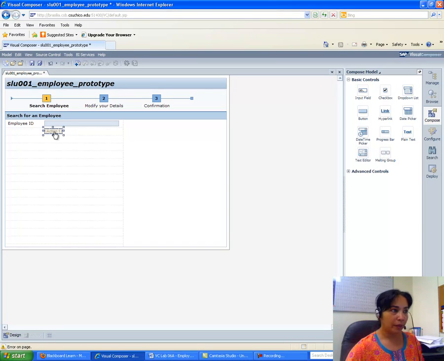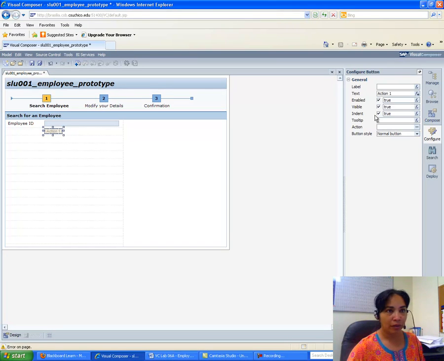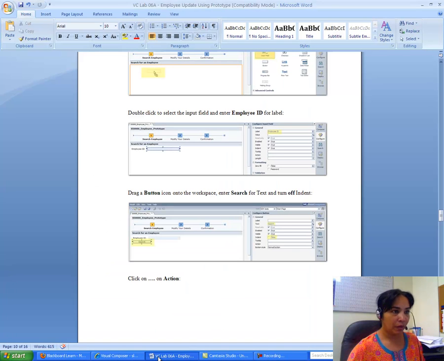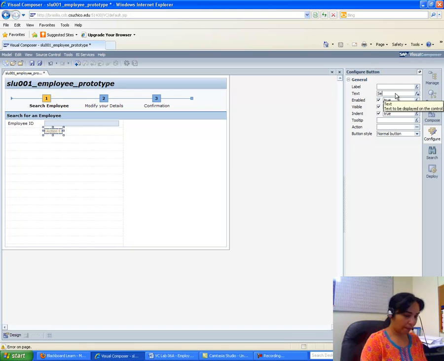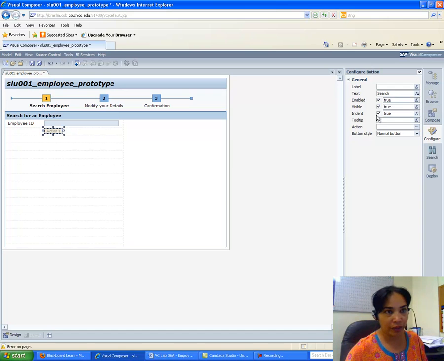Okay, then enter search for text, turn off indent. Okay, and then I have to go to